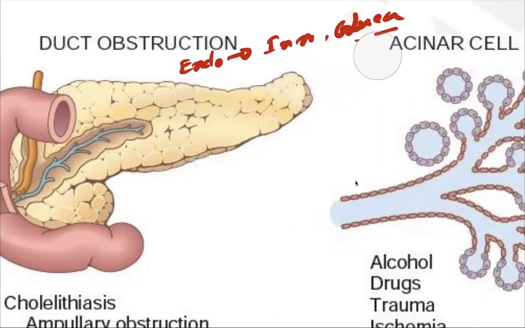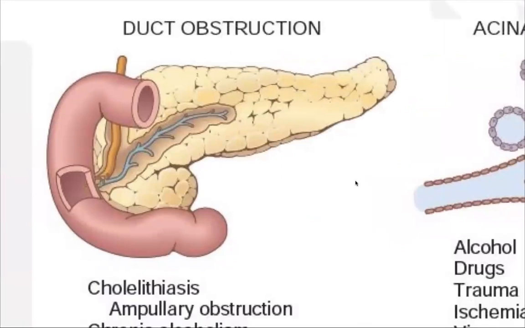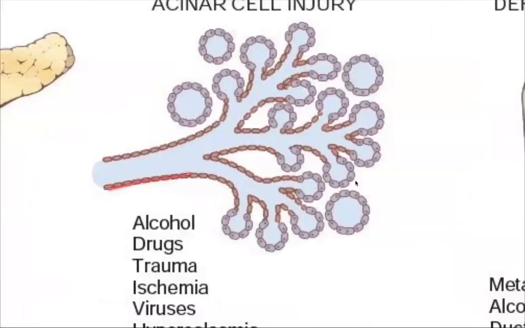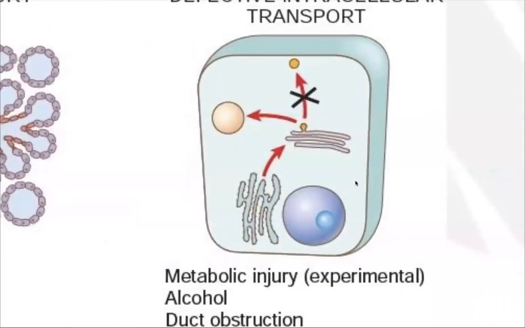What else? What are the other things? Okay, I will just show you something here, then that will be easier. So here, this is your pancreatic duct. Okay, and also these are your ducts, and there are some acinic cells. Like this. Okay, this is your duct. Accessory ducts, okay, and these are your acinic cells. So from the acinic cells, if you can think like this is your acinic cell, and you have your nucleus. Within the nucleus, you have some DNA, and when this is stimulated, the DNA will produce some specific proteins, and this specific protein will go into the endoplasmic reticulum, and from the ribosome, it will take up, and it will ultimately